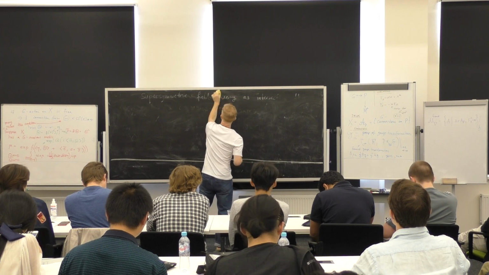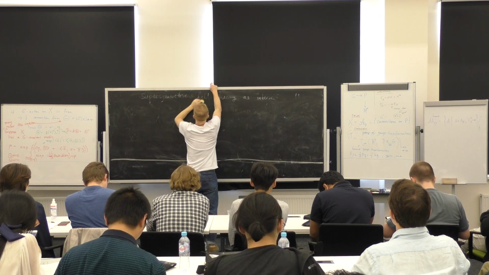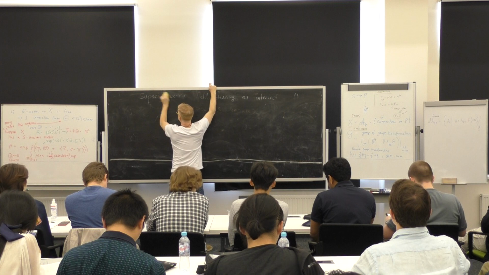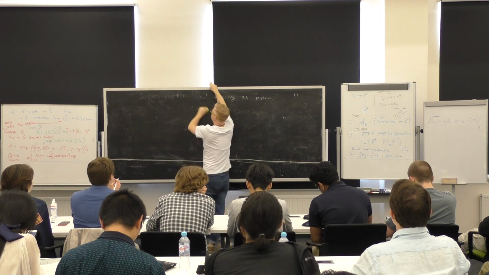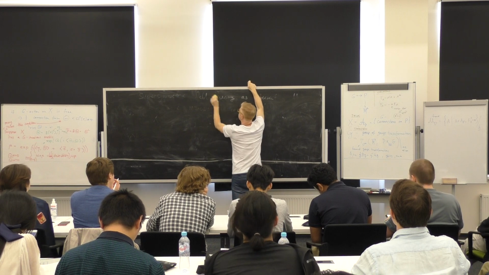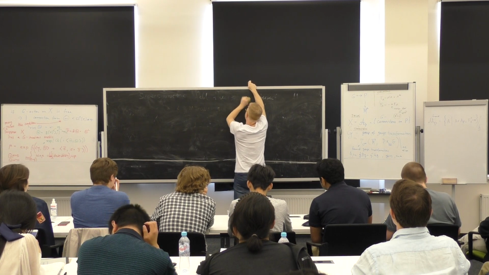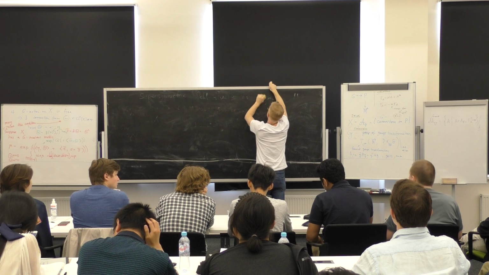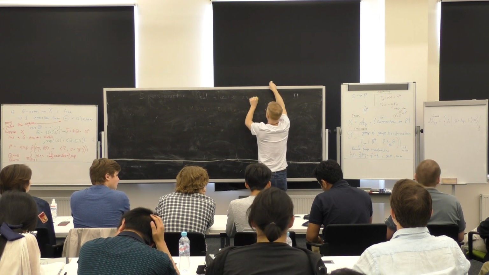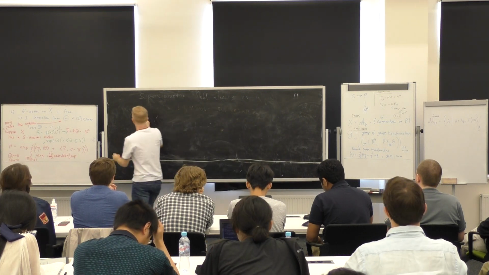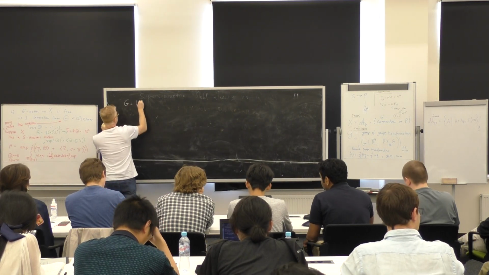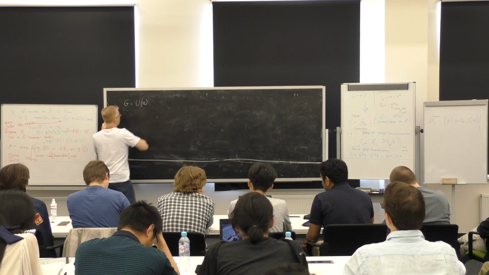My notation will be slightly different from the notation of Andrei, because in my lectures I will have two types of quiver varieties. For one type I will probably have the same notation, and for the type which I'm presenting now, my notation will be slightly different. So my gauge group for today will be the unitary group,